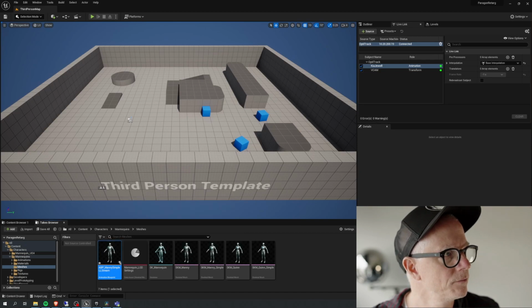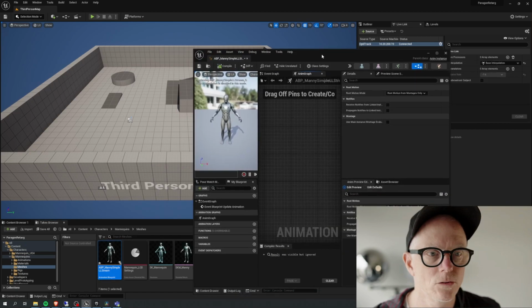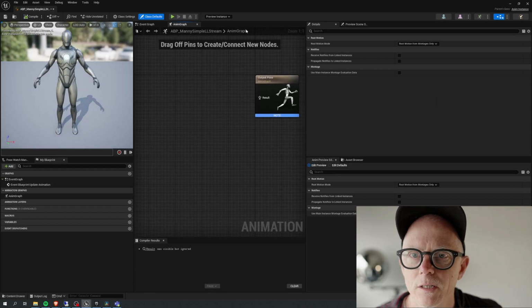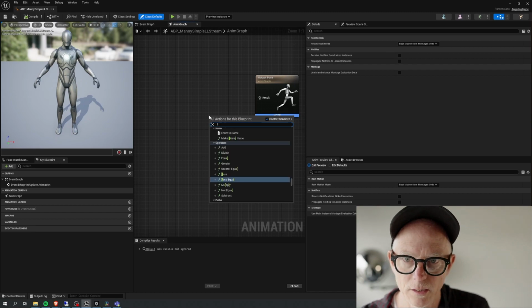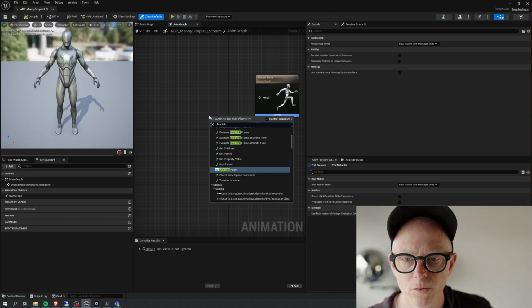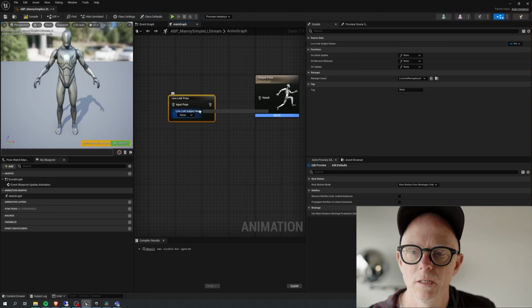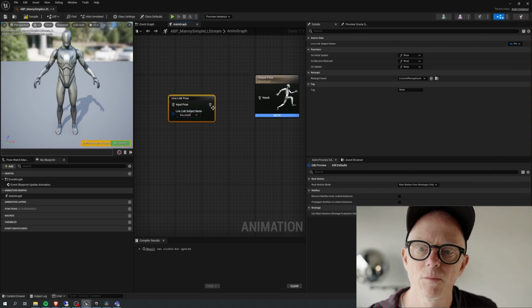Just try and name these things so I don't get too confused. I tend to make a bit of a mess. So here in the anim graph, we need a Live Link Pose asset, Live Link Pose. And we're going to set our subject to our performer, that this is the subject that's coming through with the